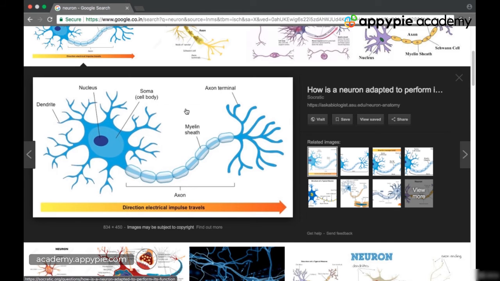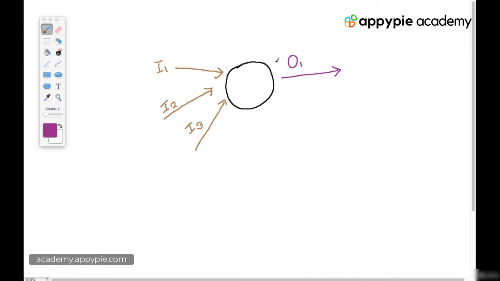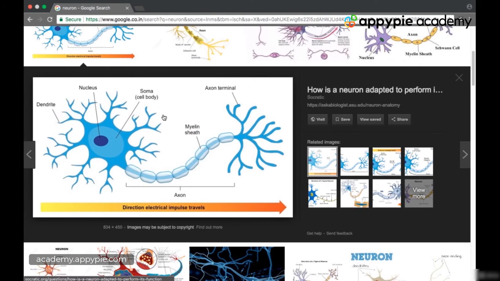And if you can see over here, this structure is kind of analogous to this one. This neuron also has a lot of dendrites in order to connect to other neurons. So this is the place where it will take the multiple inputs, and then it has this central nucleus part which actually processes all the data.